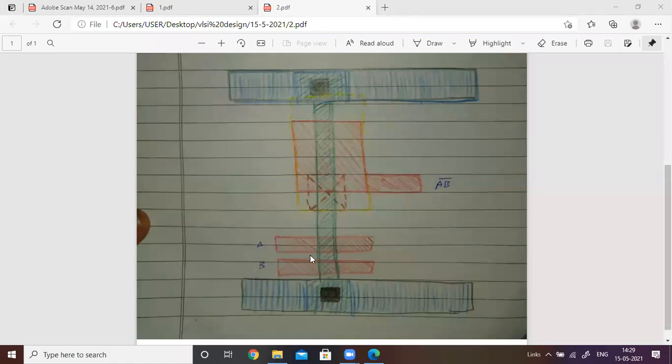In the laboratory, you have to take care of the separation. If the separation is not satisfied, you will definitely get an error. So sufficient space must be there. Remember, this is the polysilicon, this is the polysilicon. What is the minimum separation between the 2 polysilicon in this case? Yes, 1 lambda. This must be 1 lambda. More than 1 lambda is no problem, but it cannot be less than 1 lambda. Remember that point.